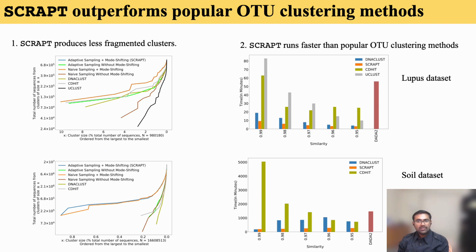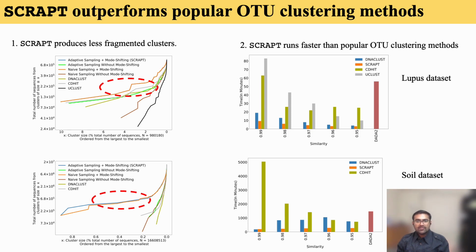We compare SCRAPT and its variants with popular OTU clustering tools including DNAclust, cdHit, and uclust for the same similarity threshold in terms of their runtimes and fragmentation measure for the lupus and soil microbiome datasets. It seems from the plots on the left panel that for the lupus microbiome dataset and soil dataset, both SCRAPT and naive sampling with mode shifting perform similarly on the fragmentation measure, while they outperform the other variants and DNAclust, cdHit, and uclust. We've seen from previous slides that naive sampling and mode shifting can miss out smaller clusters. This highlights the importance of picking the right centroids, and SCRAPT's ability to shift to the right centroids